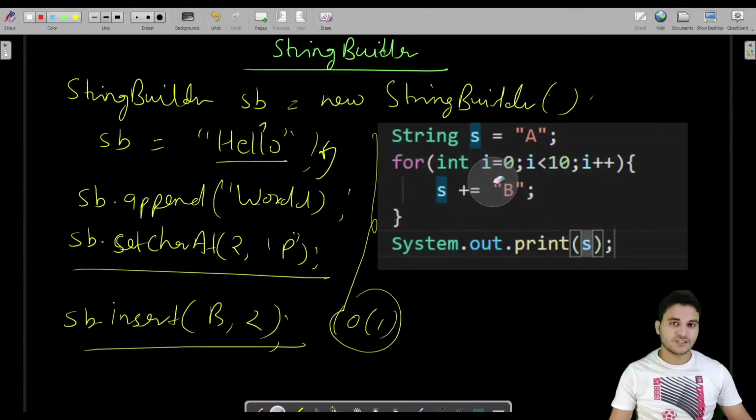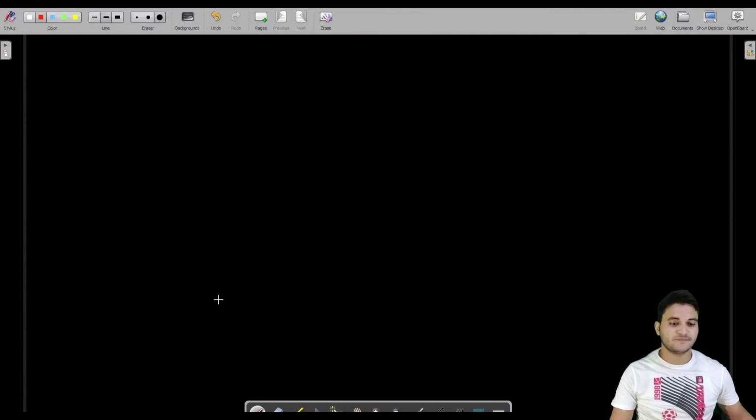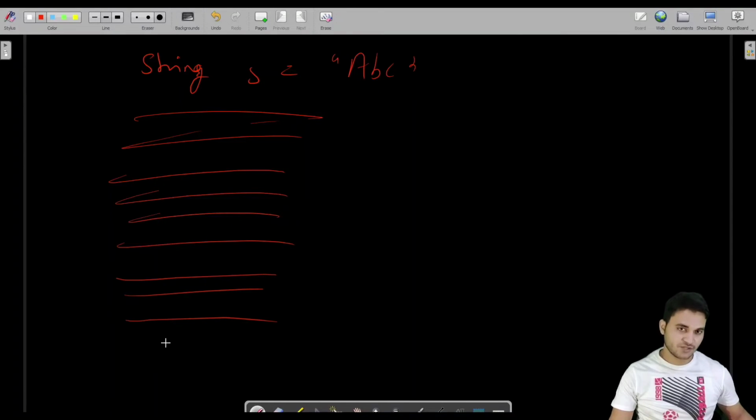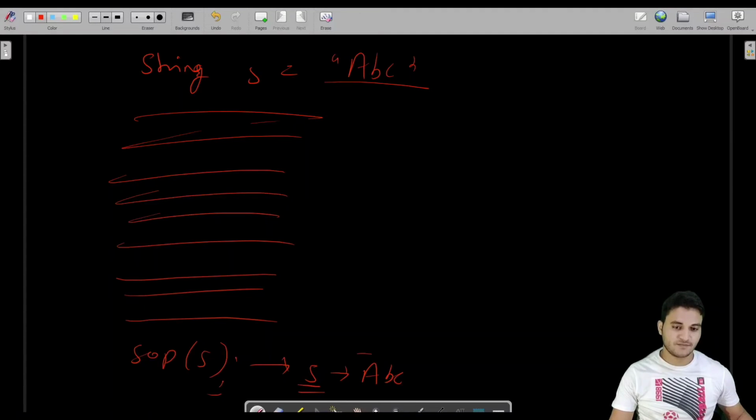And of course, along with the disadvantages, string also has some advantages. One advantage I can list here. Let us say you are a developer and you have defined a variable string s equals abc, and there is some code here, and here you are using it. Let us say you want to use this in a production server, or you want to display it somewhere. Let us say you have displayed this s. So here you are expecting abc, fine.